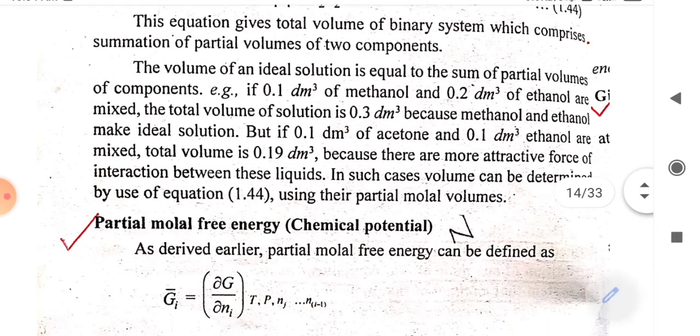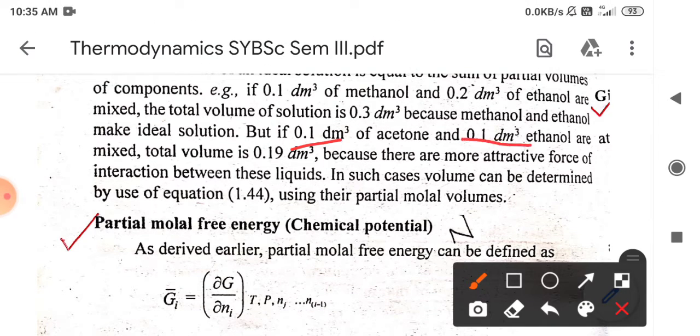But if we consider 0.1 dm³ of acetone and 0.1 dm³ of ethanol, and when these two liquids are mixed together, what are we expecting? We are expecting 0.2 dm³ of that mixture, but we are only getting 0.19 dm³ and not the 0.20 dm³. So because there are some more attractive forces, like for a real solution, and there is quite an interaction between these liquids. Okay? So in such cases the volume can be determined by using the above equation, that is the partial